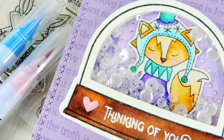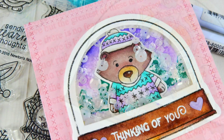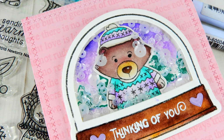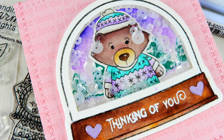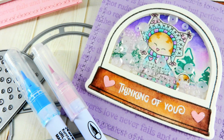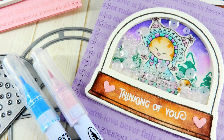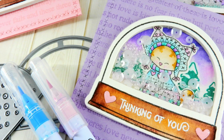I have a fun shaker card tutorial to share with you today featuring Newton's Nook's Sweater Weather stamp set. This stamp set was part of their latest release, which has a lot of really cute, fun, wintry images included in this stamp set, along with a couple of other really nice sentiments. I'm going to be using this stamp set today to create a shaker card that I'll be pairing with products